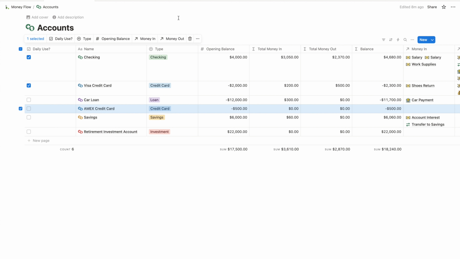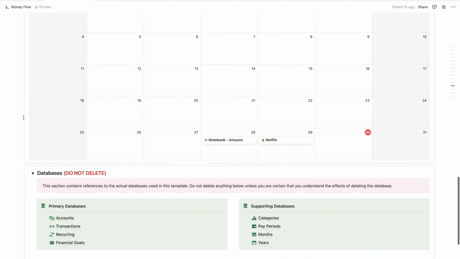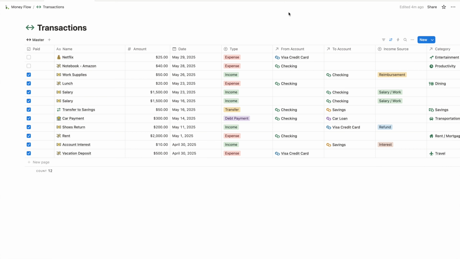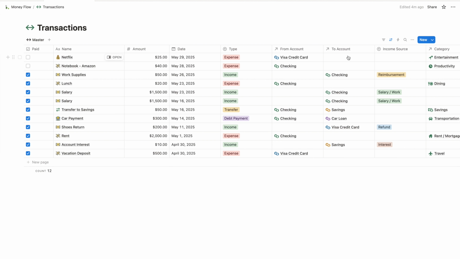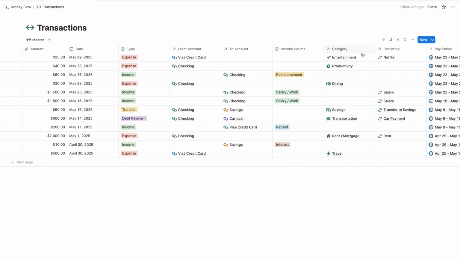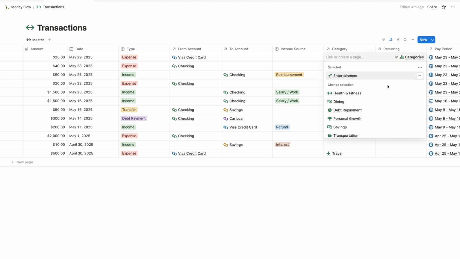If you want to delete everything from a table, I'll demonstrate that as well using the transactions database. For every column in the table that is a relation, unlink the top row and then drag the empty cell down to update the entire column. For example, in this category column, first unlink the current selection,